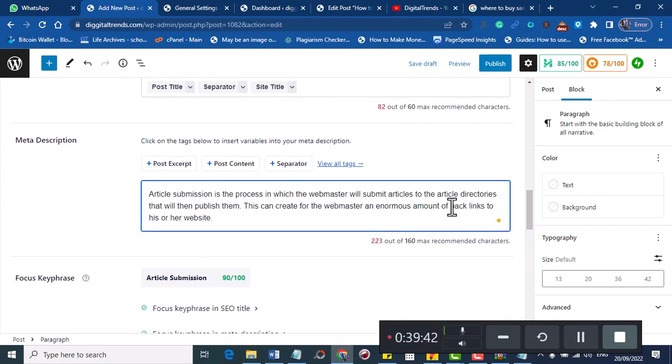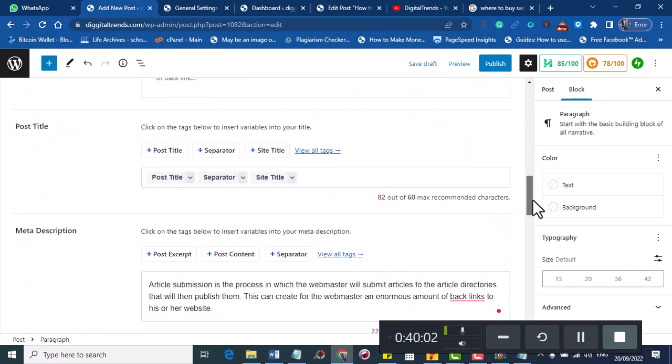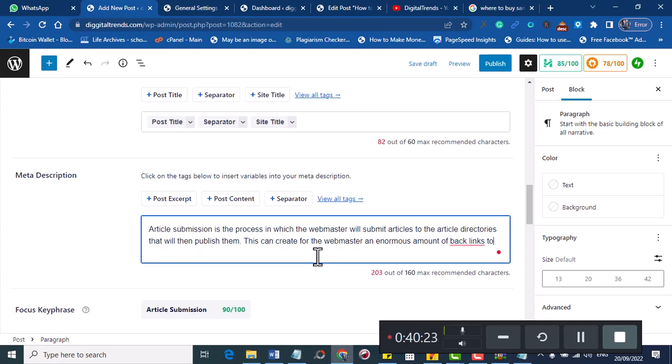The reason why you must install All in One SEO is for you to be able to optimize it. If this very website has no All in One SEO, this space, this keyword, focus keyword, every other thing you are seeing here will not be here. So which means that the number one thing you ought to do is to first install the All in One SEO. Can you see it now? And it showed me 323 out of 160, which means my description must not be more than 160 characters. The number of characters that is recommended is 160, so I have to delete some so that it will get to 160. And delete